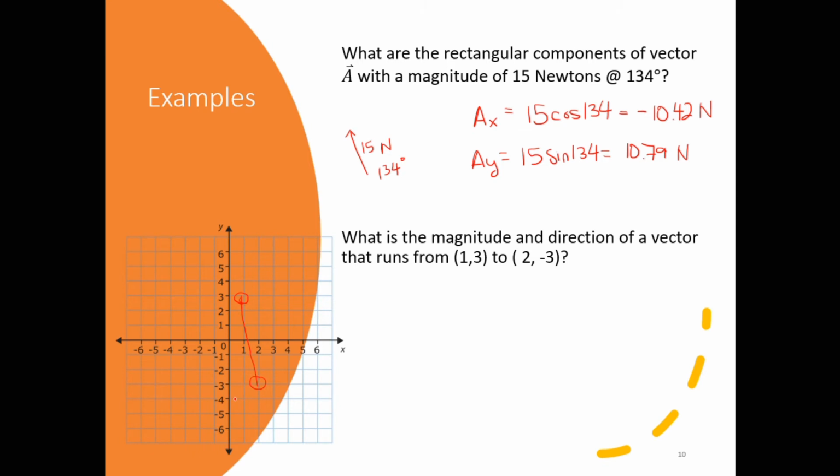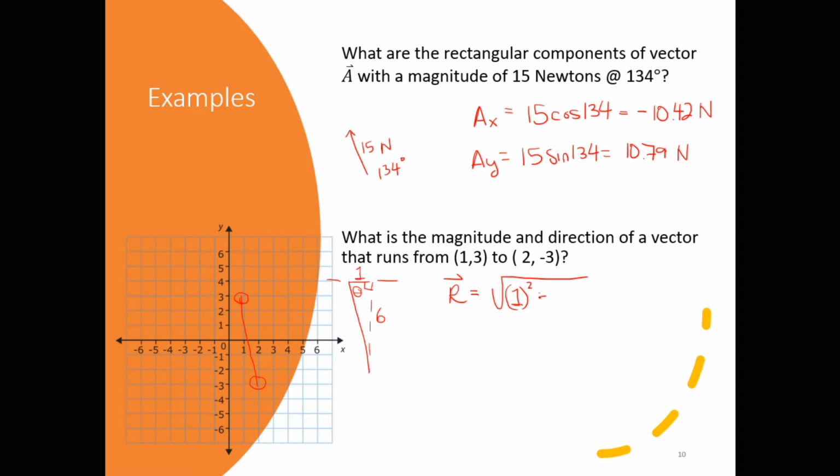I mean, we can move it if we want to, but we can work where we are, because it's really kind of like this, where we have the AX and the AY, and we have our reference angle theta, and we have a right angle here. We went from 1 to 2 in the x direction, so this side is 1 long. We went from 3 to negative 3 in the y direction, so this side is 6 long. Okay, so if I want to find the magnitude, I'm finding the full vector, so I'm going to get r equals